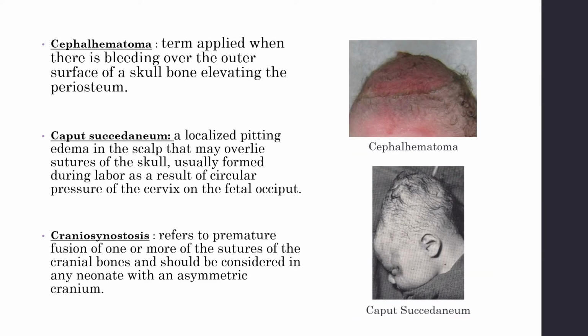I'm going to go over a few terms with you related to head shape and different issues related to the cranium and the scalp. The first one is what we call a cephalohematoma. This is often caused by birth trauma, whether it be from forceps delivery or vacuum extraction. What happens with this, and you can see in that picture, is they'll have a little bit of blood underneath their scalp. So it feels like a sack of water underneath their scalp. Often this will heal on its own within a week or two, but it's most commonly caused by vacuum extraction